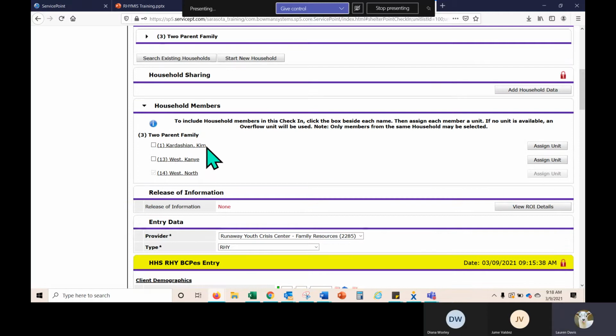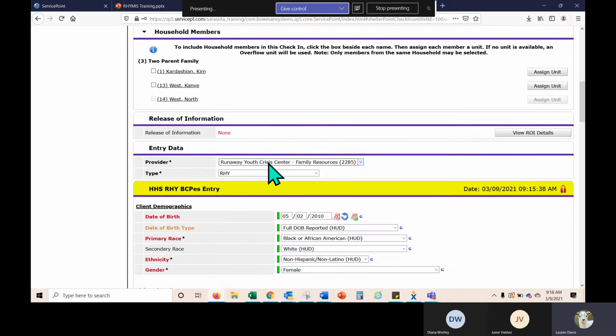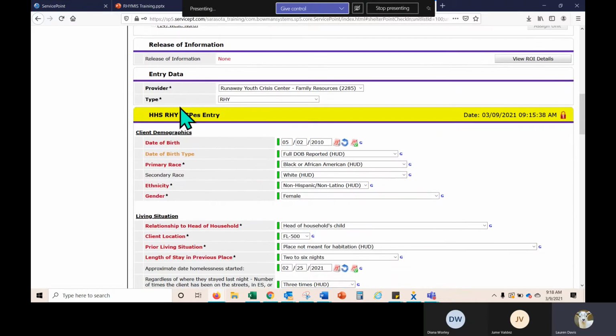Kim and Kanye are not coming to stay at your shelter. It's just North. Because of the nature of your project, it is defaulted to your RHY type entry. Your release of information, because North is not legally allowed to consent to release her information, you guys are not legally required to provide that release of information. So keep that in mind as well.